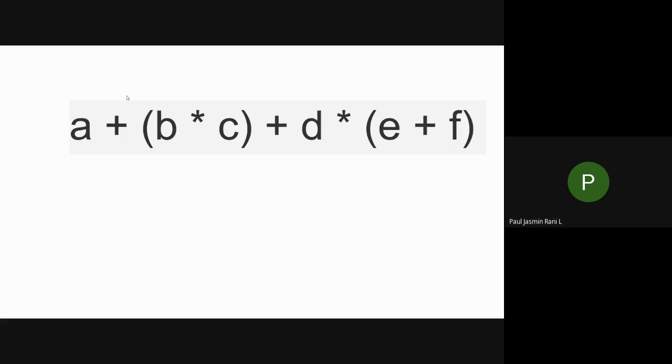I hope you are doing it. So totally you have 5 operators. For your first step, you have to give preference to your operators. So first, give priority numbers to your operators. That will be your first step.